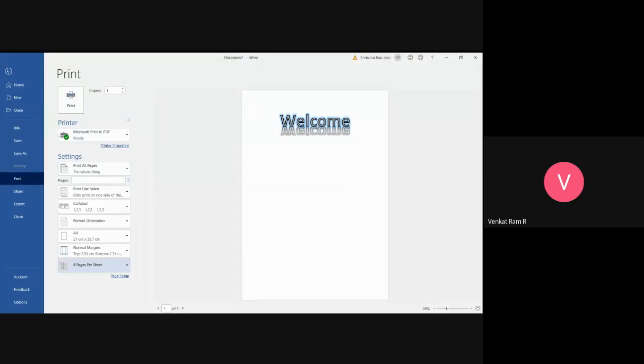Okay. So after setting all these things, then you can click on this print option, and copies are also available here. Copies, see here, copy 1, copy 2. How many ever copies you want, you can just click it, and the default copies option is 1. And even here also in settings, when you are printing, if you don't want all pages, make sure that you give the number for the page which you want. Else what happens? All pages will be printed. Okay. And the shortcut for the print option is Control plus P.